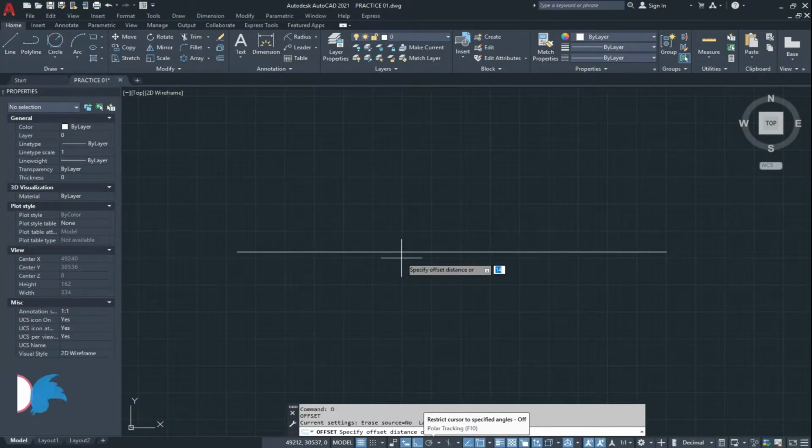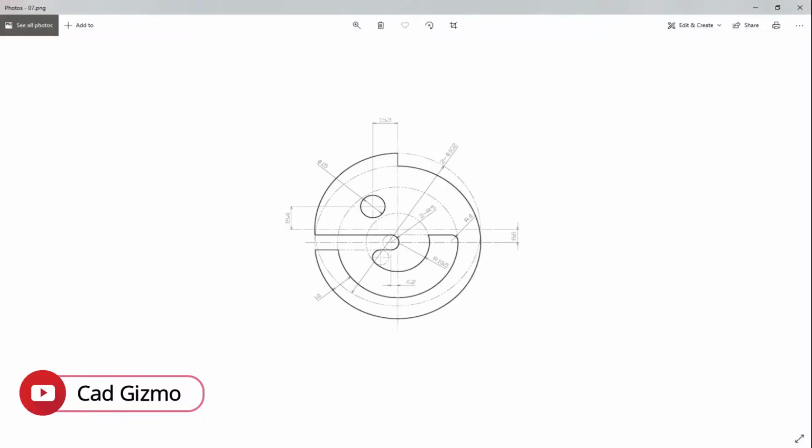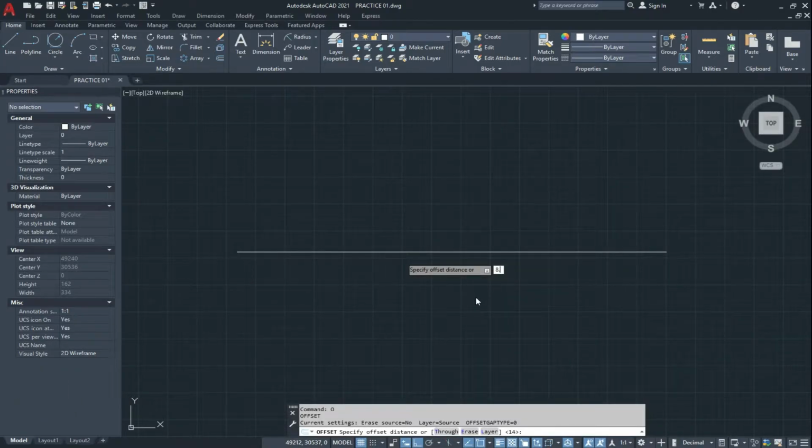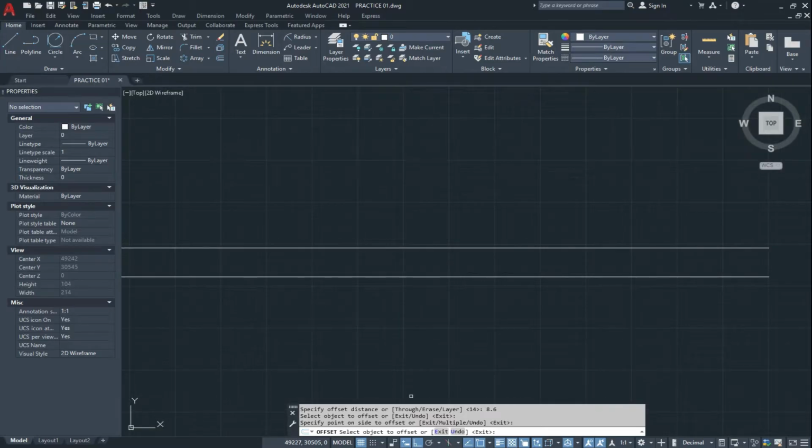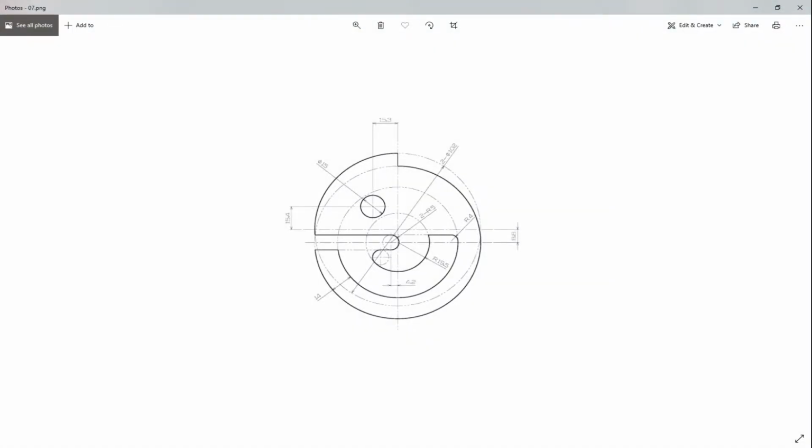Enter, and 8.6 units like this, and we are going to make an offset of 4.2 units.